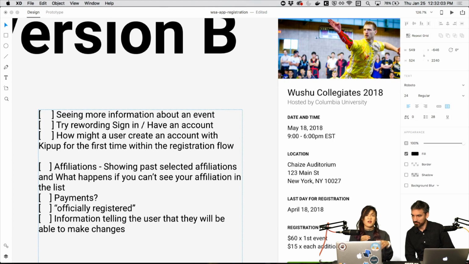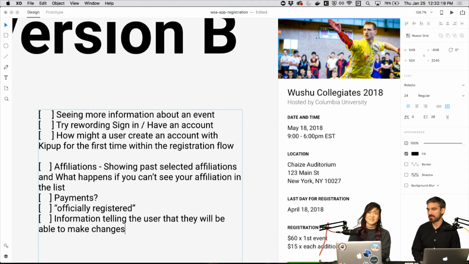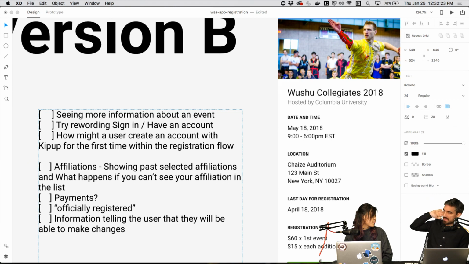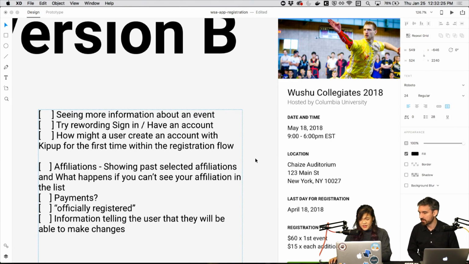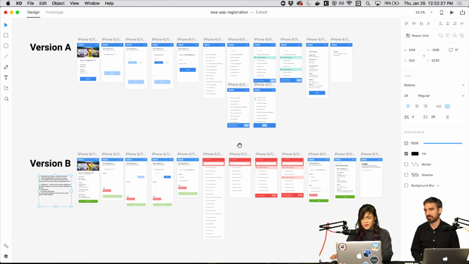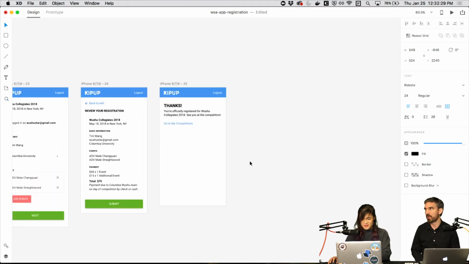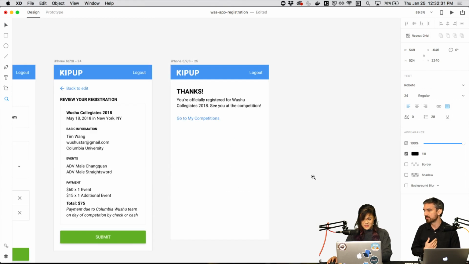So he's coming from a paradigm where in all the other registration systems, it was one and done. You register for something and you had to email organizers to make a change. But we want users to actually come back here to do it. So we should probably inform them that they can. Yeah, it's true. And he was expecting to see all the past events. Oh yeah, that too. He said at some point, I expect this to be my platform.